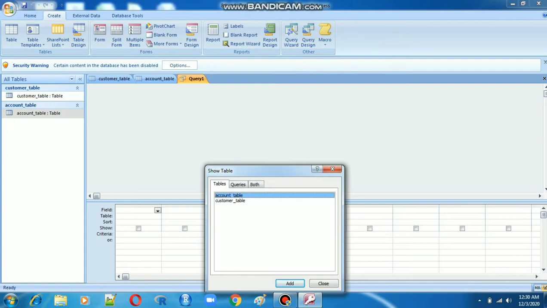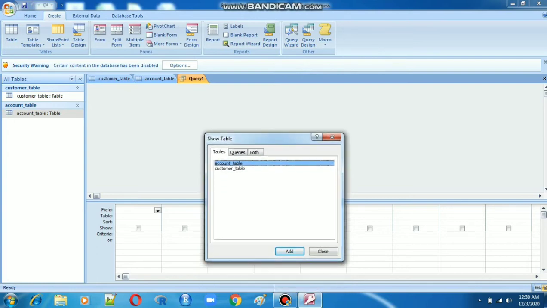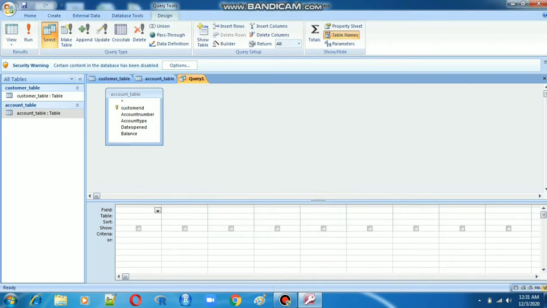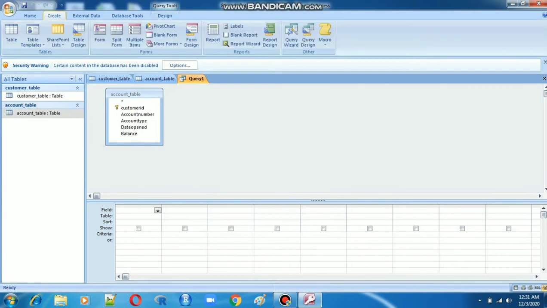Here itself we have to select our tables. In the Create tab itself, here we develop the table queries. You have to select the query from here and access that table. I select the account table, so I just close and access that table. Otherwise, you go to the Create option, Query Wizard.